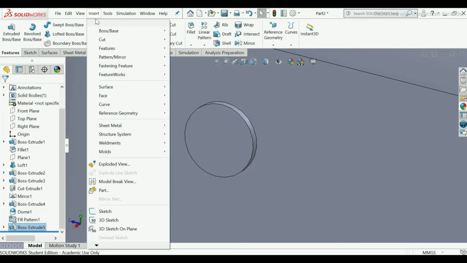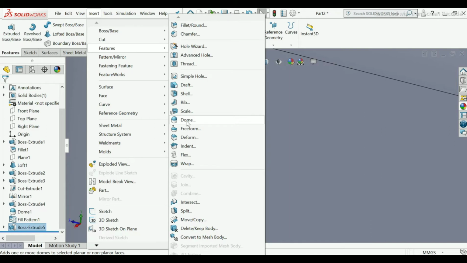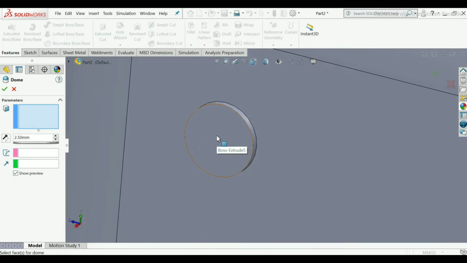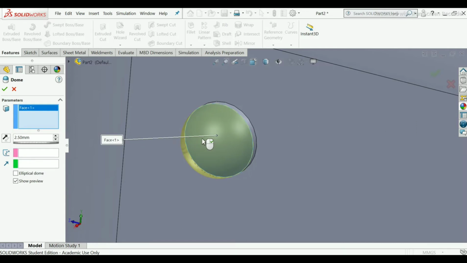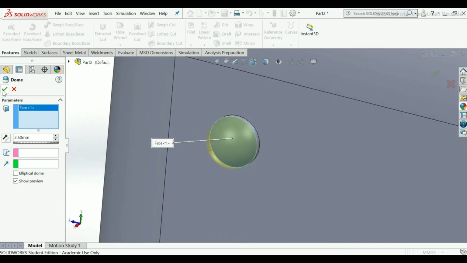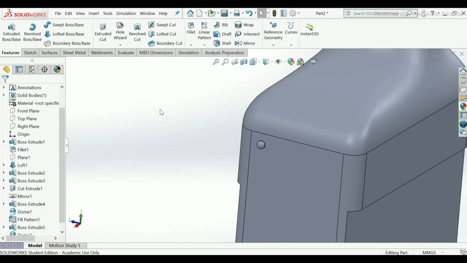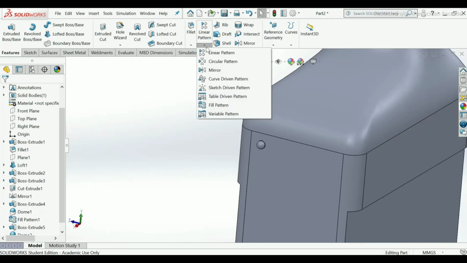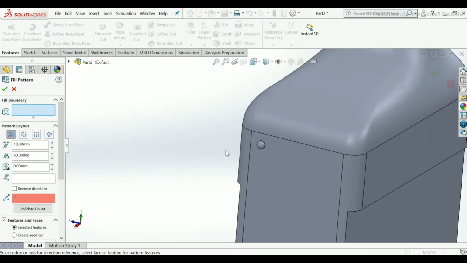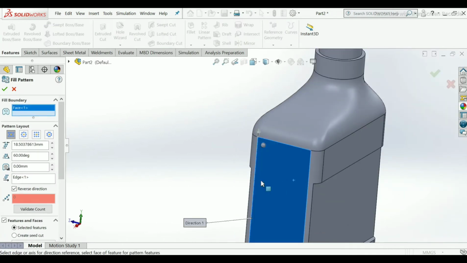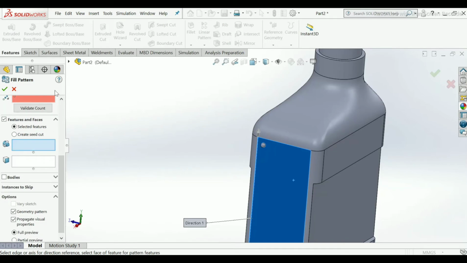For dome, go to insert, feature, select dome feature, choose this face of the extruded part, click OK. Select linear pattern option, choose fill pattern, select this boundary, distance the same 18 mm, select some features to it.